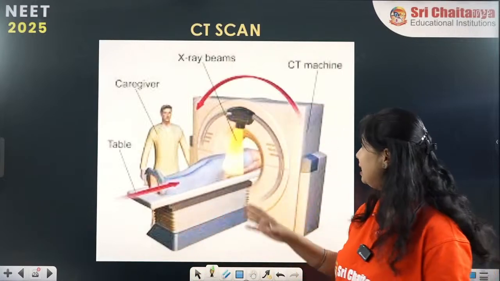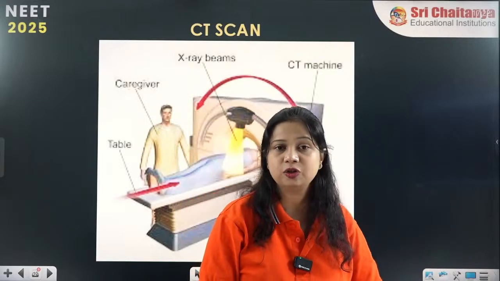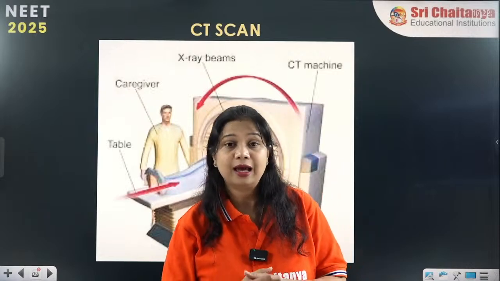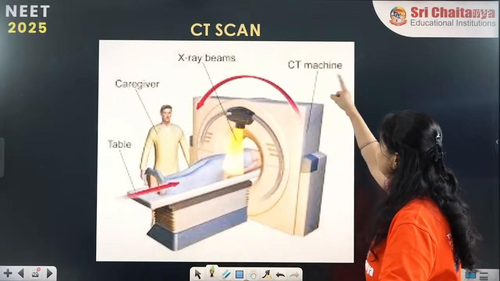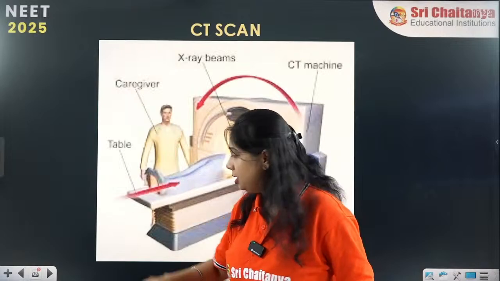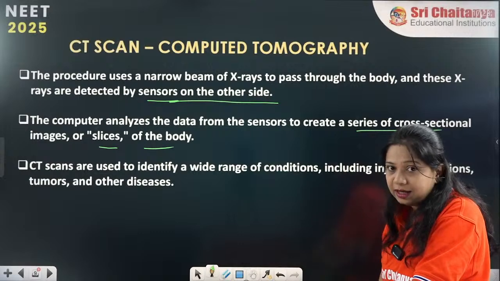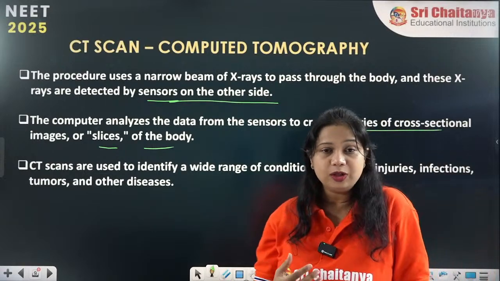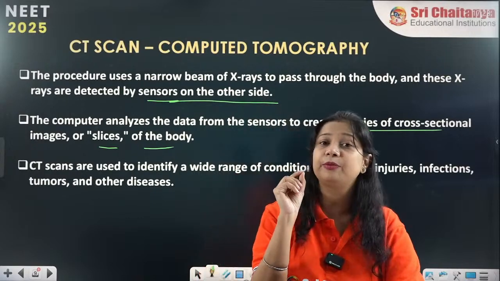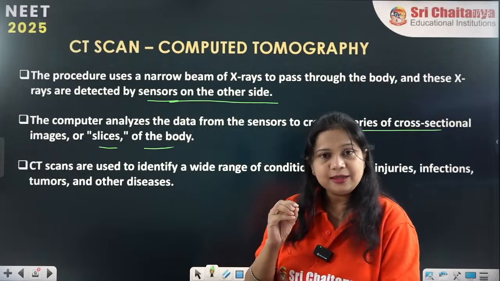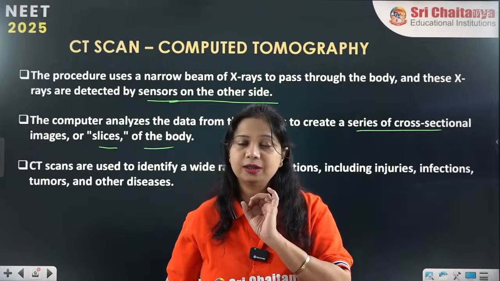What happens here? As a result, X-ray radiations will pass through the body, through the individual organ of the human being. As a result, we can get a three-dimensional image when it is connected to the screen of the computer. So the computer analyzes the data, what it is getting, and individually it will make various slices. Thin slices are produced, and these slices individually will give each and every section of the organ that is undergoing